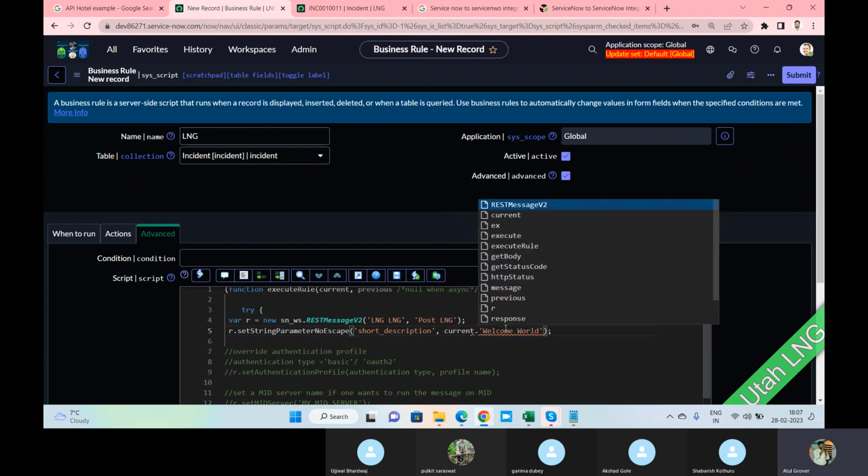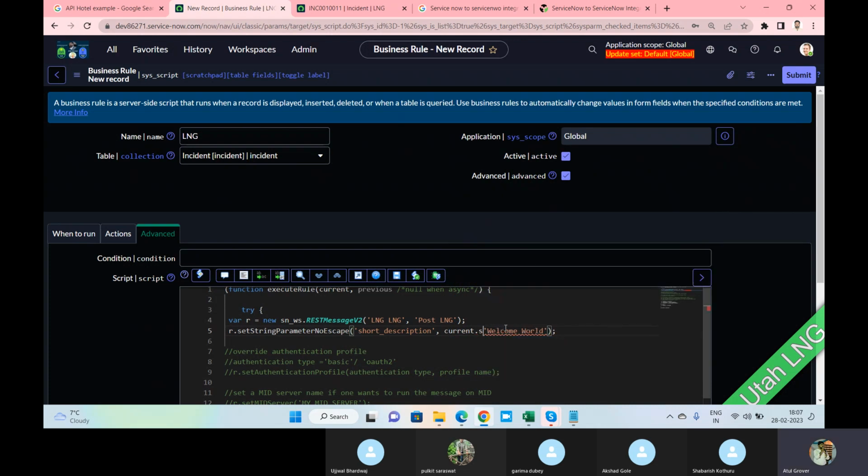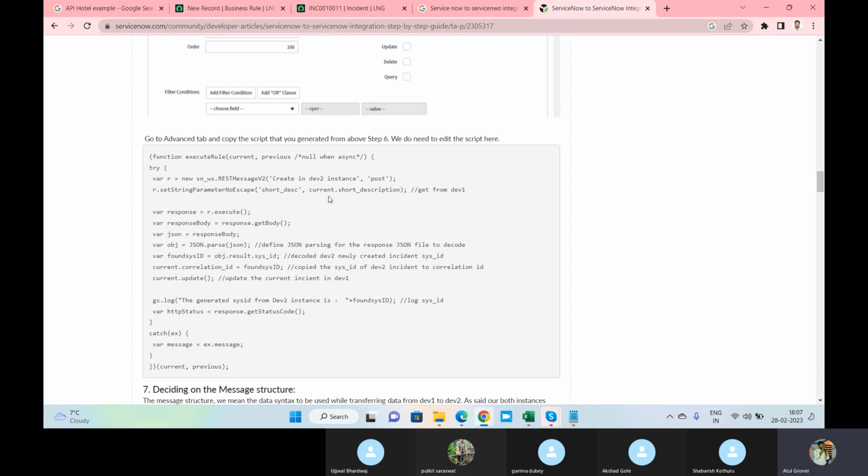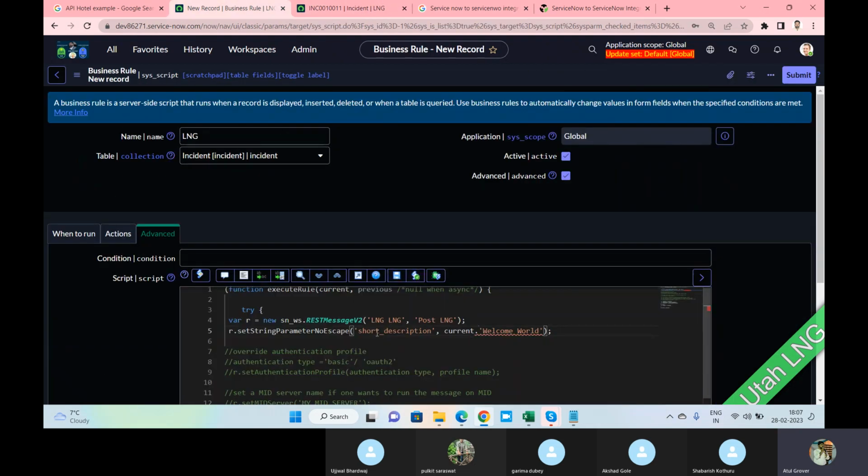Current dot... where did the text go? This one. Current dot short description. Current dot the same field name. And remove this. Done. If you want to put one more, let me copy and let's try it.